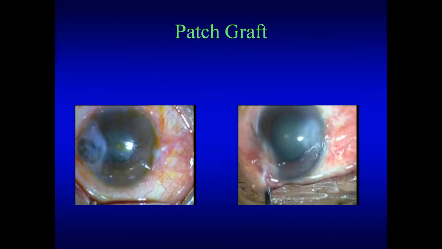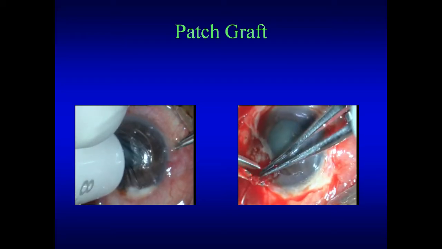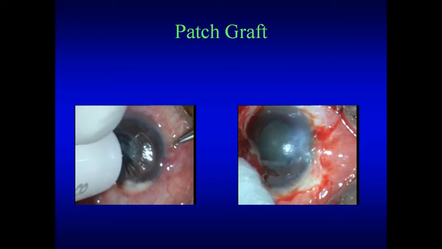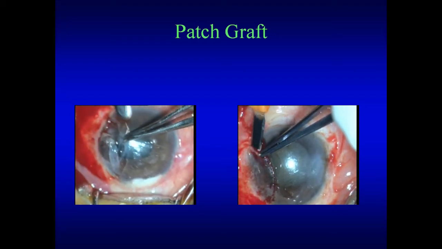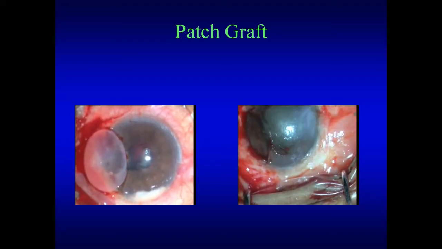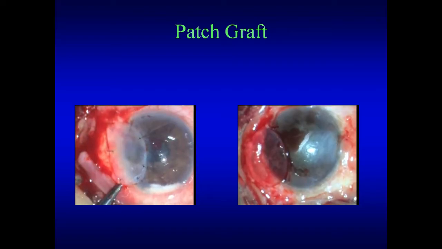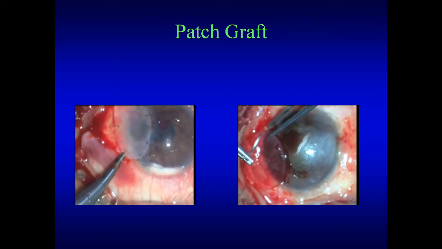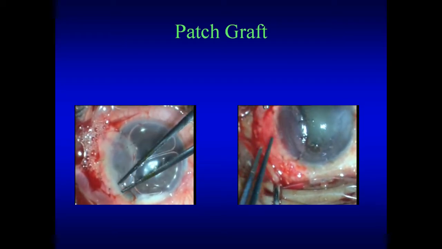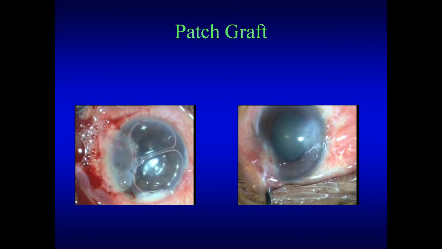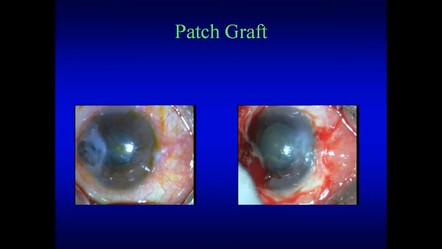There are again some more examples of a patch graft just to show how useful it is, especially in that peripheral ulcer on your left. So rather than going for a really large graft, in such a case you can do a peripheral patch graft and later do a full thickness procedure if required. The video on your right is actually showing a patch graft done for a recurrent pterygium and not for an infective etiology.